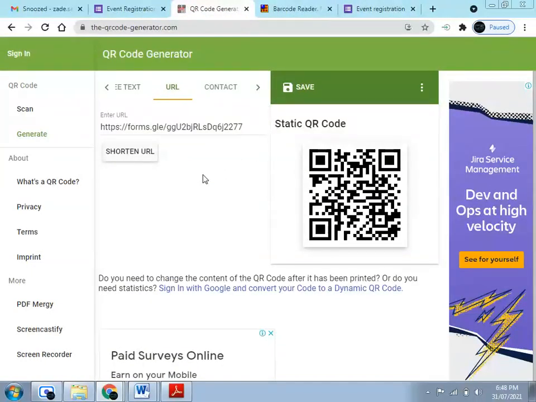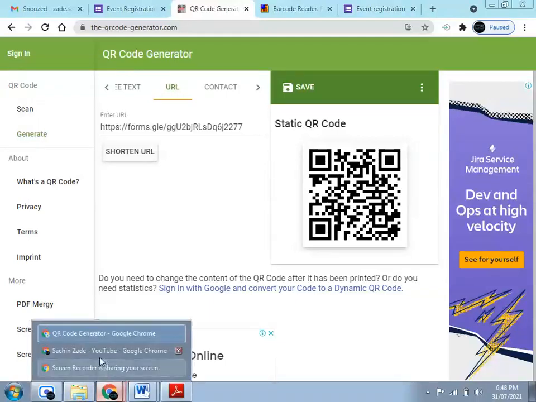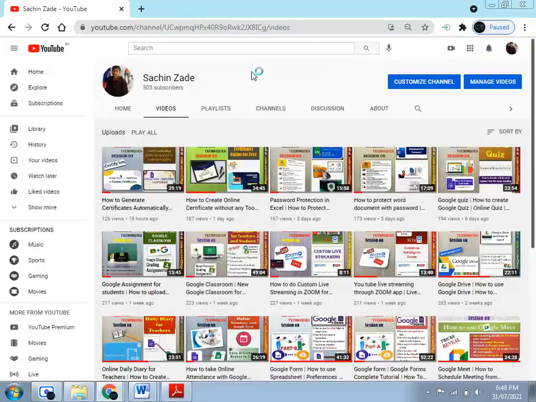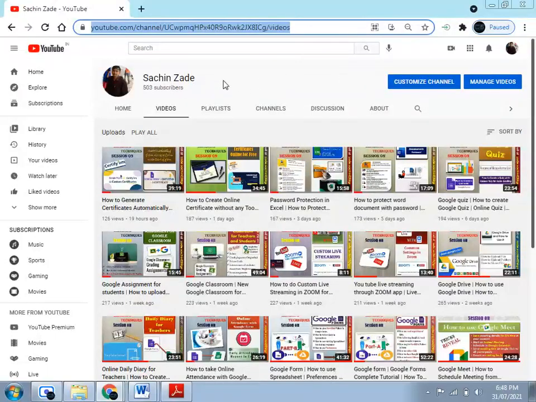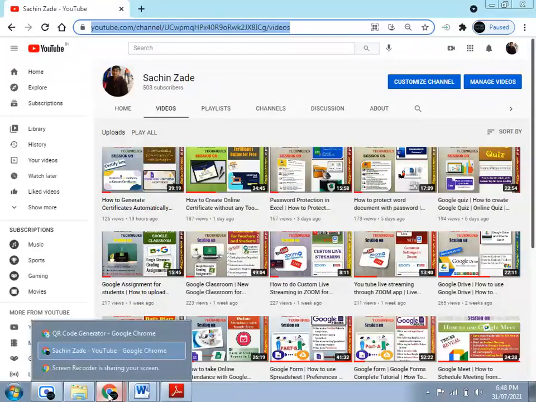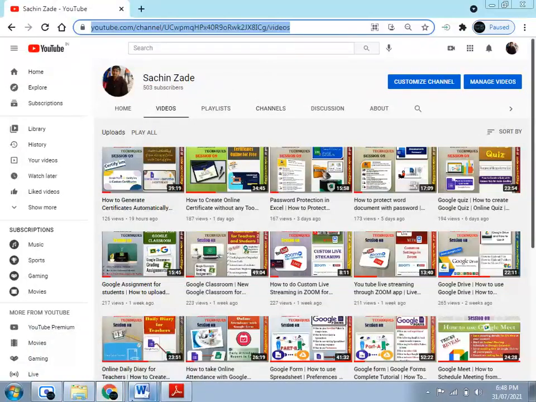Next, suppose we can also create the URL of any other site. Just like our YouTube channel, here we are copying our YouTube URL. So we are going to make the QR code generator for our site itself.